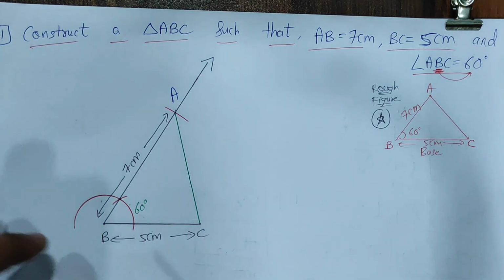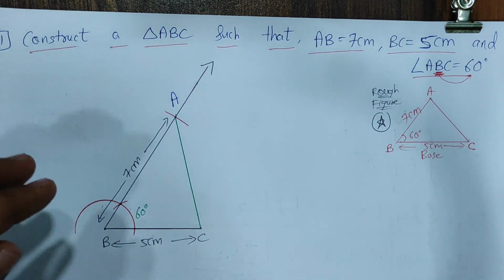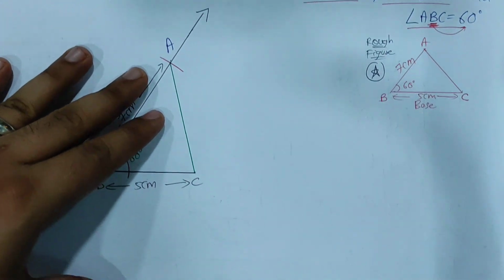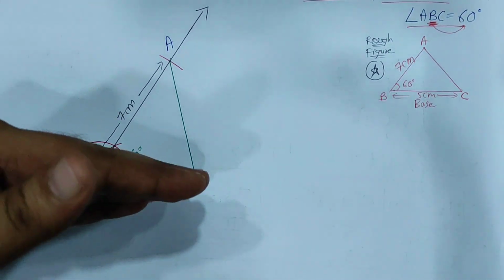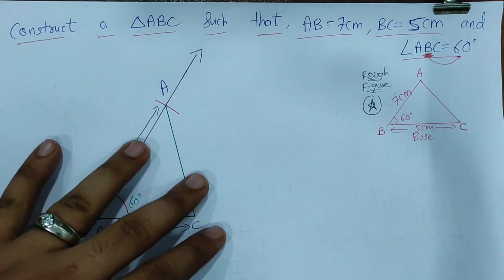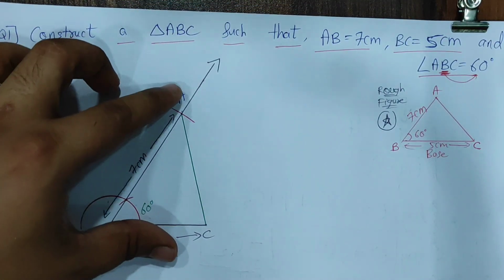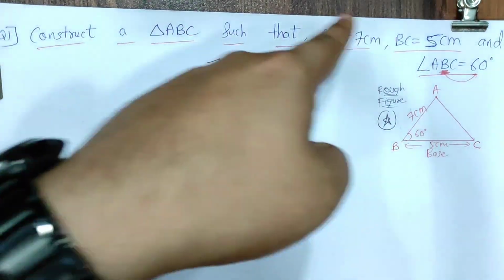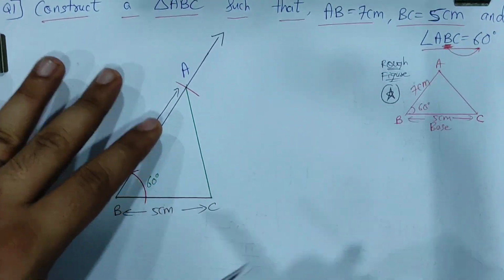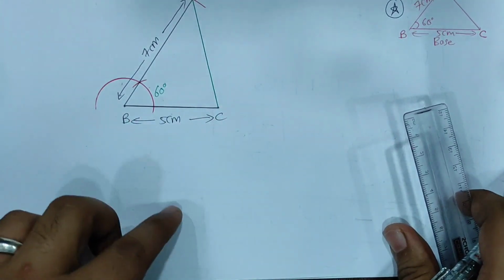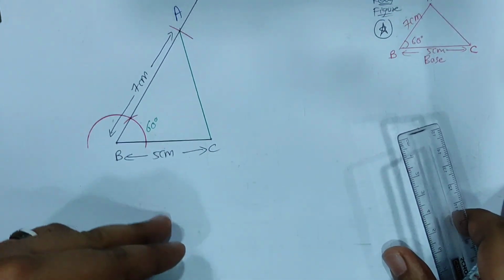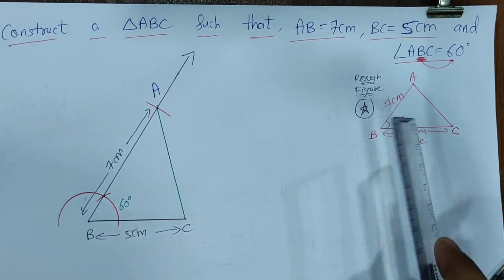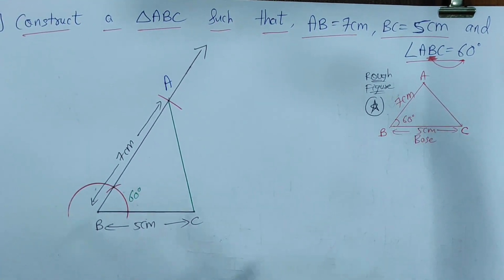And always, whenever you draw this base BC, try to make it not at the center of the page. Try to make it a little bit near the bottom of the page. Because if you draw it at the center of the page, it might be the case that the diagram's height is big, so it might collide with the header or the question. So if this is your page, try to draw this BC a little bit near to the bottom of the page so that you have open space for the diagram. And don't forget, this is compulsory, please. Pause the video, please, and do it fast.